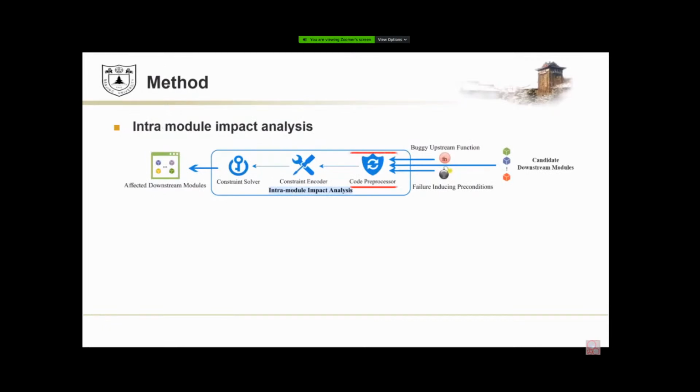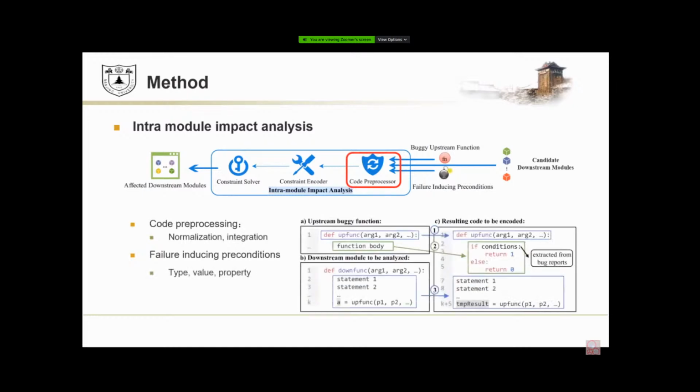The second part is the intra-module impact analysis. The intra-module impact analysis takes three resources as inputs: individual candidate modules, a buggy upstream function, and the failure-inducing preconditions extracted from bug reports. It analyzes each candidate and identifies whether the candidate is truly affected. We say a module is truly affected if, with some legitimate inputs to the module, the bug in the upstream function can be triggered. Specifically, the intra-module analysis consists of three subcomponents: the code preprocessor, the constraint encoder, and the